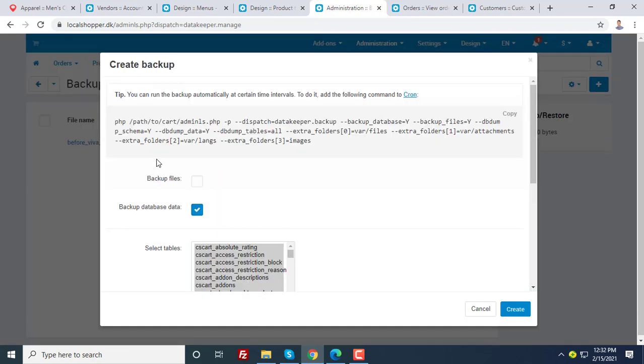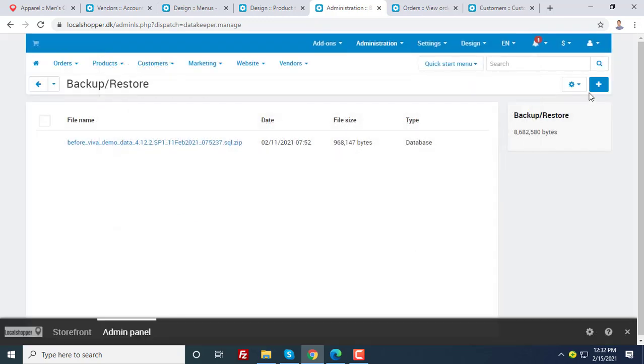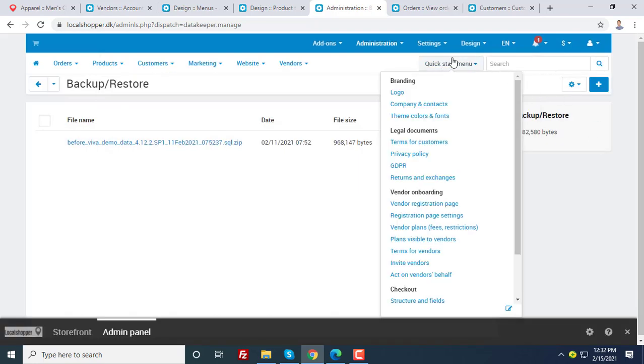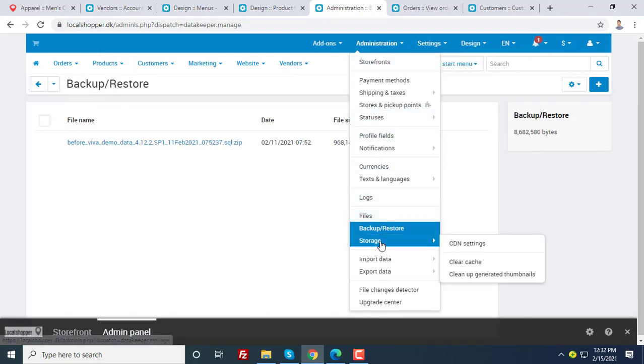If you require to upload something and create a backup, if you create a backup, then you can see all your admin database tables. You can create a backup here. Okay,